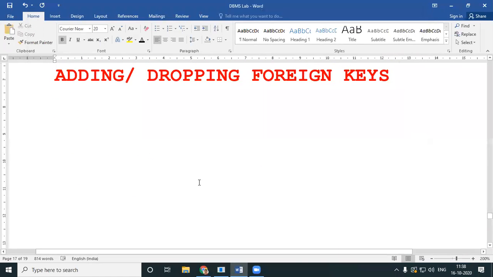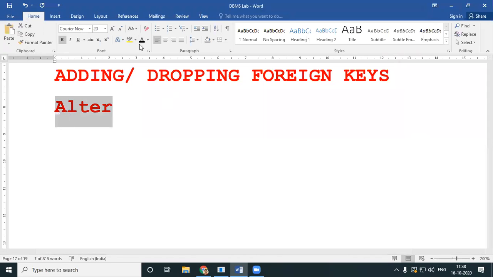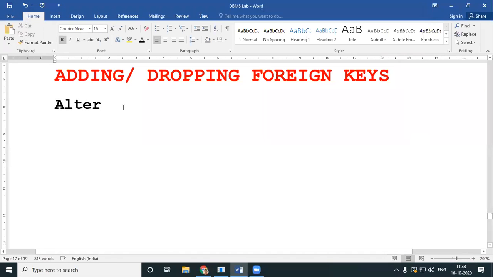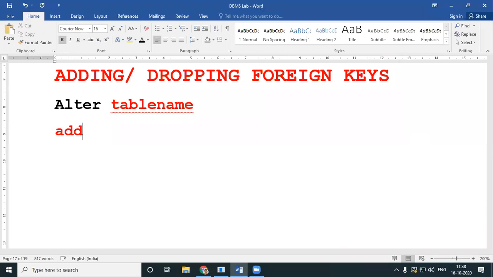Now, let's see how you add or drop a foreign key. First we'll see adding a foreign key. The syntax is alter table name, add column.